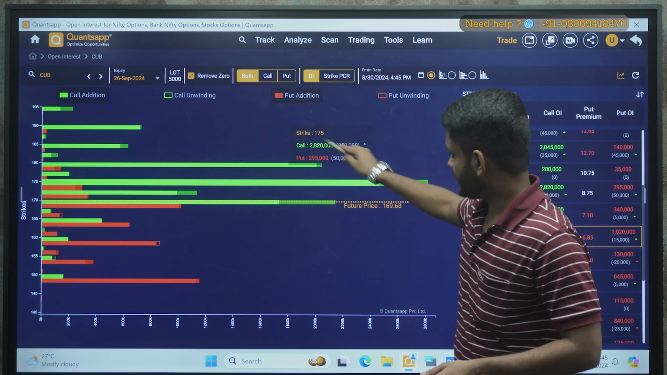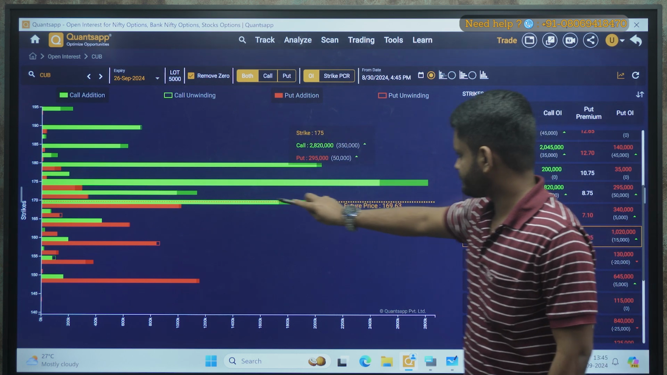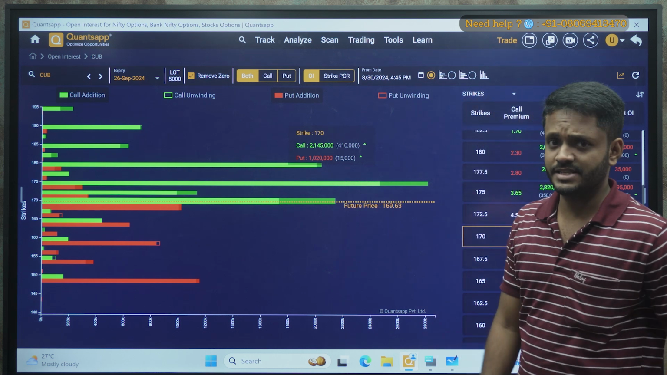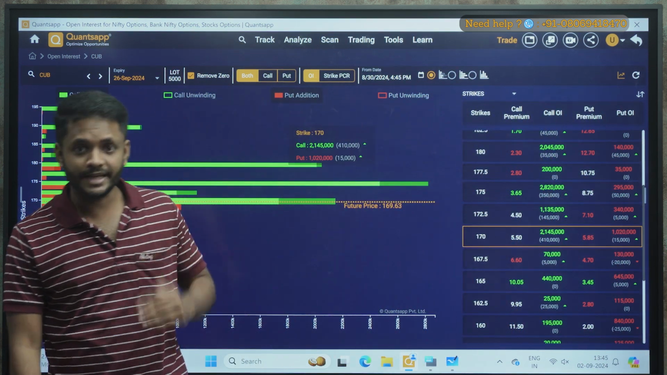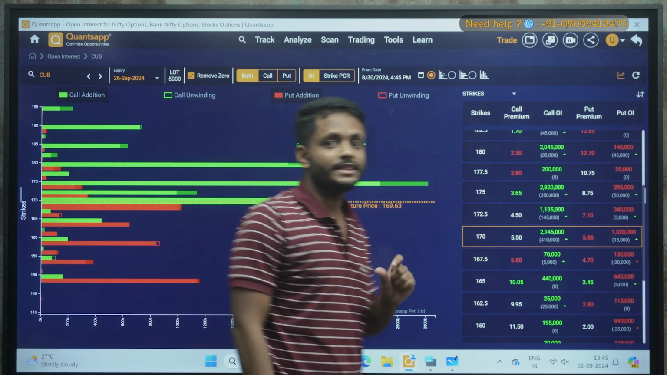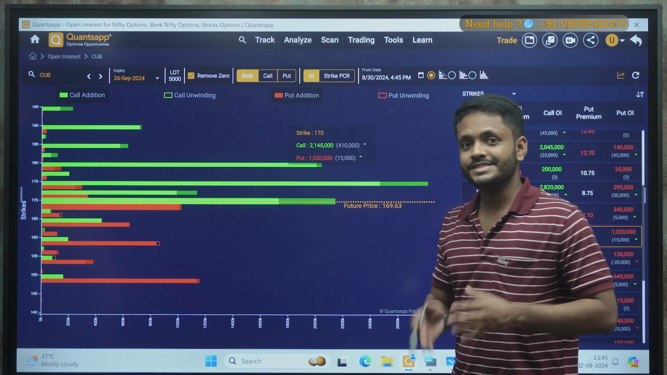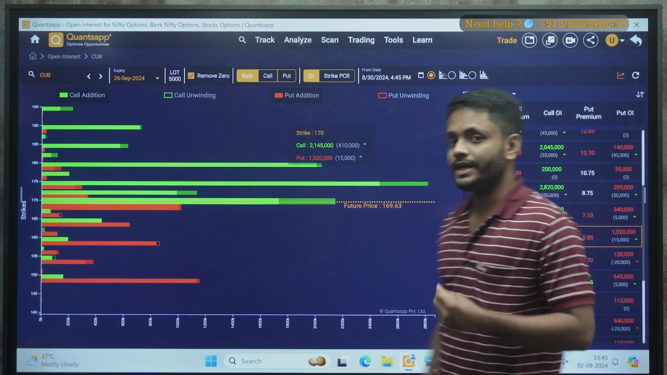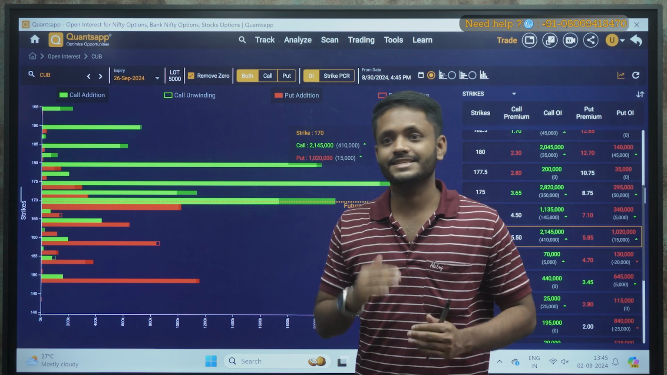So check here, the yellow color strike is mentioned. This is the 175 level strike and this is the 170 level strike. So when the price crossed 175, even at the 170 level, there was no unwinding seen. So this was one such way where you could have gotten confirmation that the breakout is not sustainable, because price, despite